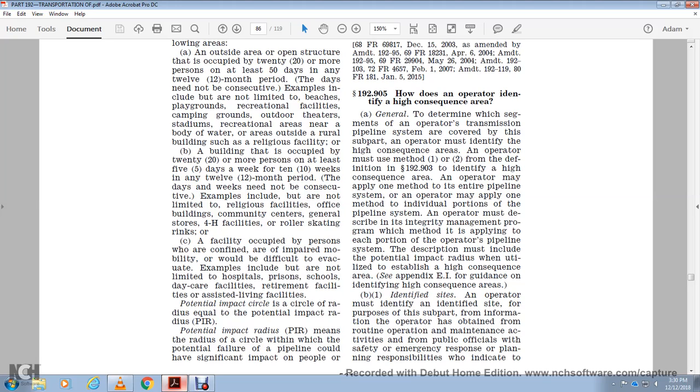192.905. How does the operator identify a high consequence area to determine which segments of the operator's transmission pipeline are covered by the subpart? The operator must identify the high consequence area. The operator must use method 1 and 2 with the definition of the